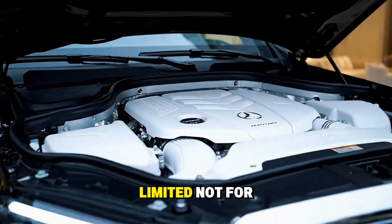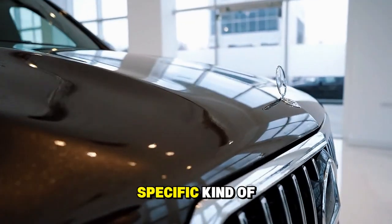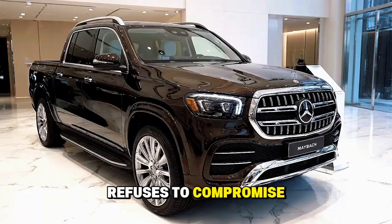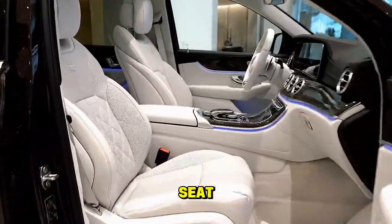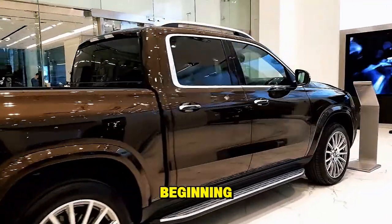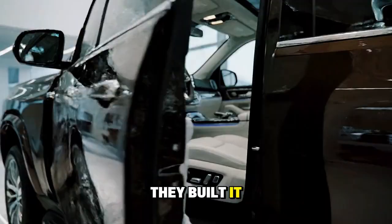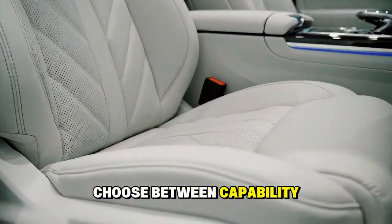Production will be limited, not for exclusivity's sake, but because this truck was designed for a very specific kind of buyer. Not someone who wants a Maybach, someone who wants a Maybach and refuses to compromise. Someone who needs a truck bed, but will never sacrifice a massage seat. Someone who off-roads in Zegna. Remember what I said at the beginning, Maybach has never built a pickup, and they didn't build this one because the market asked for it. They built it because a small number of people exist in the world who refuse to choose between capability and luxury,